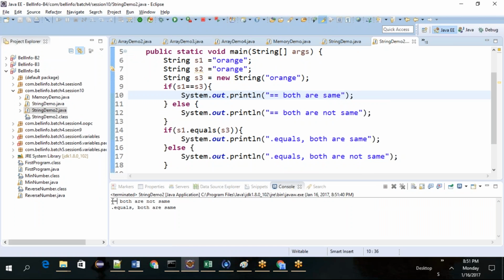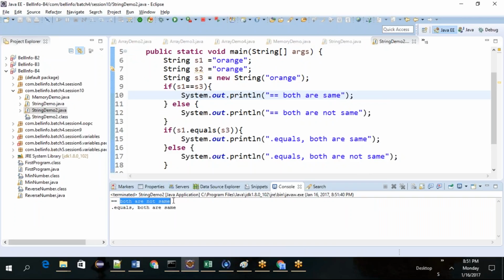So for double equals, both are not same because double equals is used for comparing reference variables, and dot equals is used to compare the actual value inside the string. You got my point? Do you guys understand?